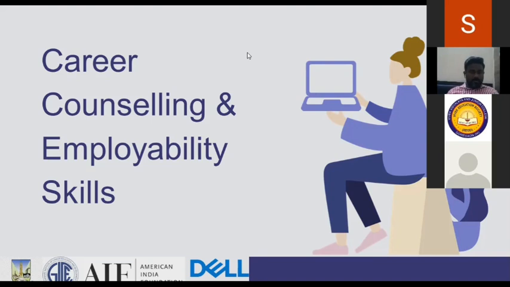What we are doing today is taking you a step further towards understanding a little bit more and giving you the kind of support you require in terms of guidance. We are at a juncture where we want to understand what is career and what we are supposed to be doing. And there are so many things people keep telling you, right? So we are here to give you guidance.